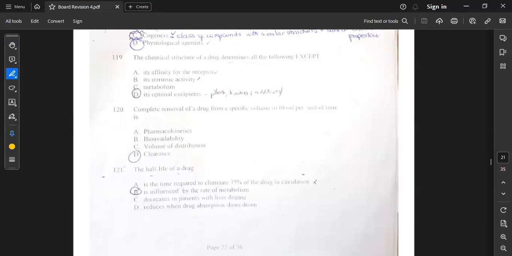So, okay, chemical structure of a drug, it needs to conform to the receptor, right? It needs to have that size to fit in the receptor. And its intrinsic activity is also dependent on that. Remember, we discussed agonist and antagonist, and the metabolism also, the enzymes which metabolize it. So I think the excipients, which are just additives, colors, I don't think those have any effect on the chemical structure of a drug. That's what I think.